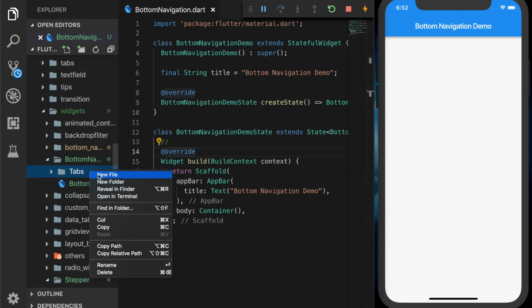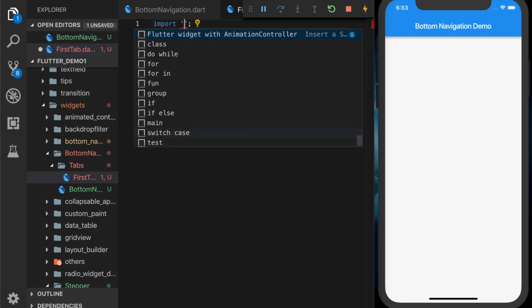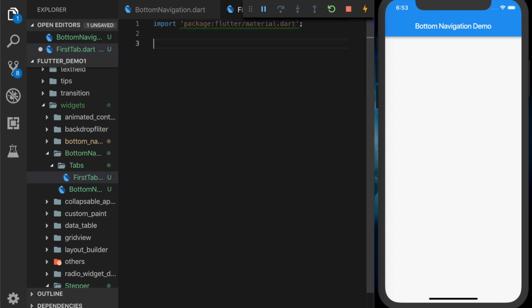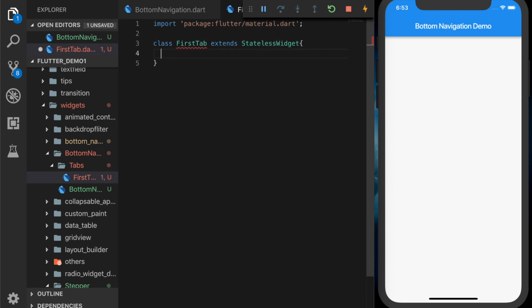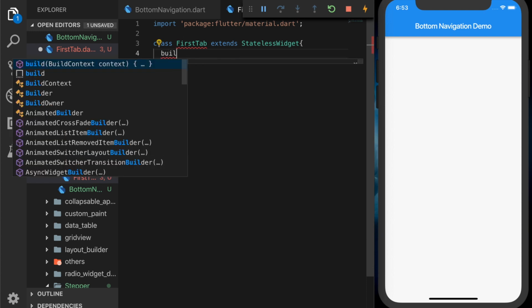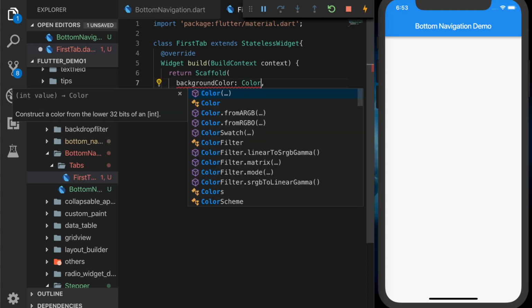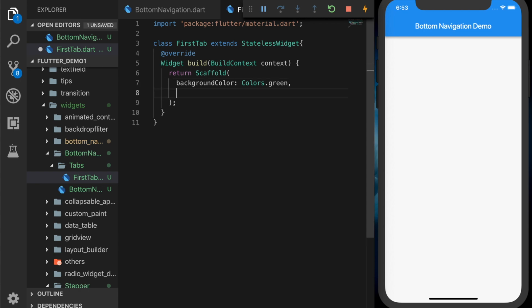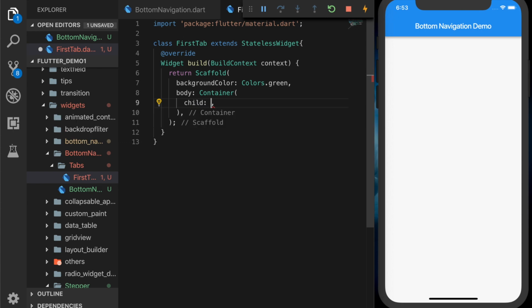So create a file, first tab.dart, and let's create the UI for the tabs. So that will be a class, FirstTab, that extends a StatelessWidget, and let's override the build method, and that will have a Scaffold with a background color of green, and the body will be a Container with a child, which is another Center widget,